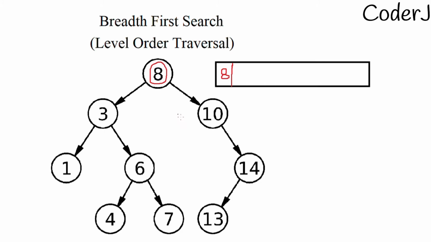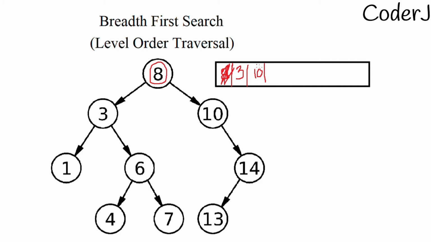It says yes, it has a left child. So I'll say, okay, append it. Great, you have appended it. After that I'll ask, does it have a right child? Yes, it has a right child. So I'll say, okay, append it. Now I'll have 3 elements in my queue. After that I'll say, okay, remove the first element from my queue. So you'll remove 8. Now I only have 2 elements, 3 and 10. Done. Now I'll come back again.